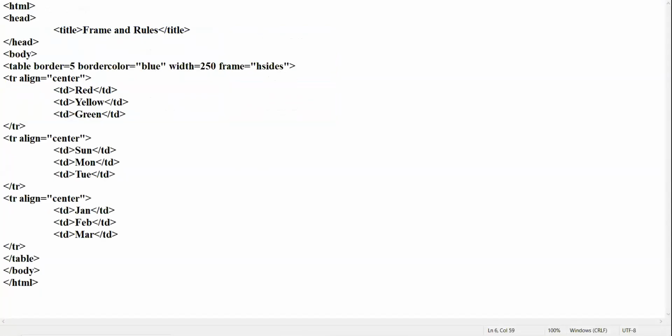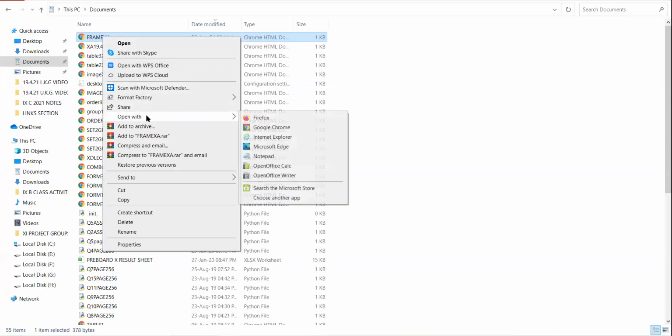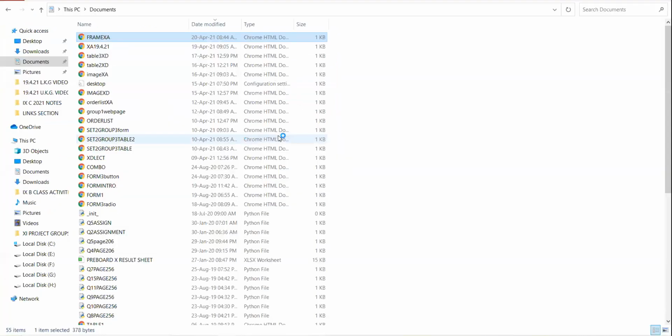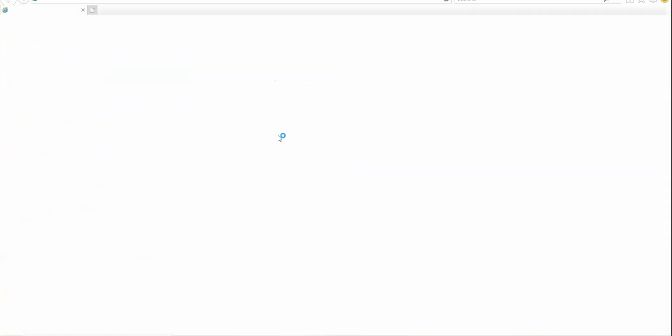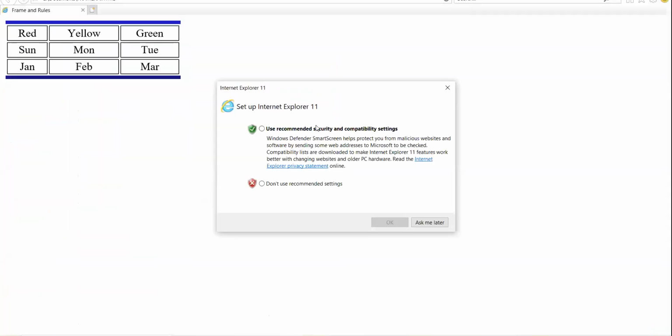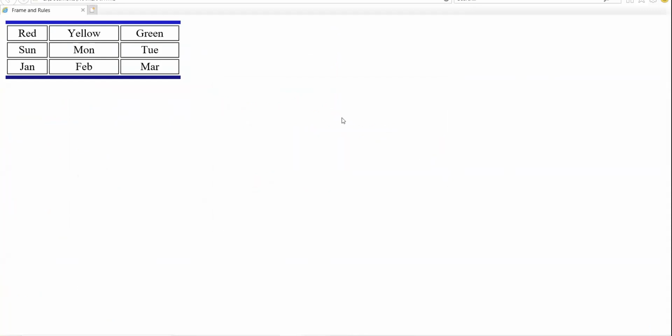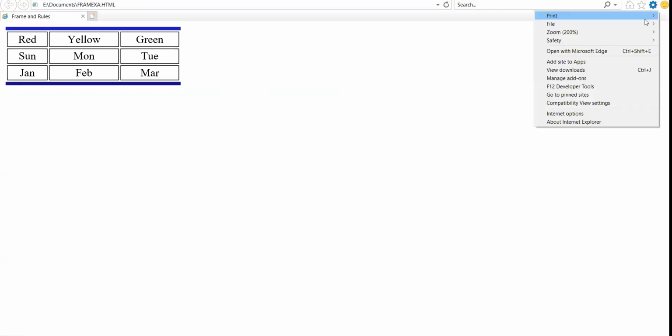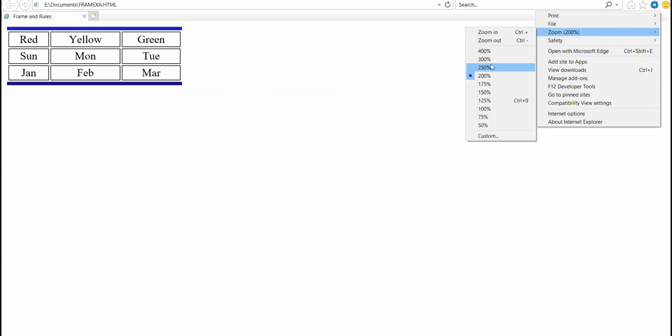Let us try to view the browser view in Internet Explorer. See here, the vision is more clear.